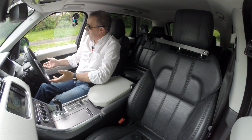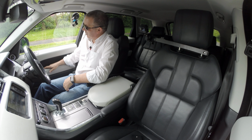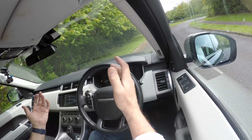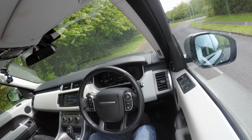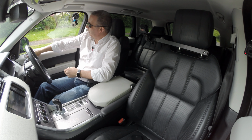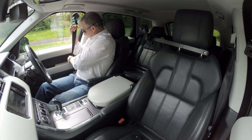And we have here electric seats. You see them going up and down, but it's 3-position memory here, so you just click the button, it remembers the steering wheel and also the door mirrors and the seat. So we'll just get that back to where I like it, so position 1. But you can also move the steering wheel electronically, like so. You've got power folding door mirrors,